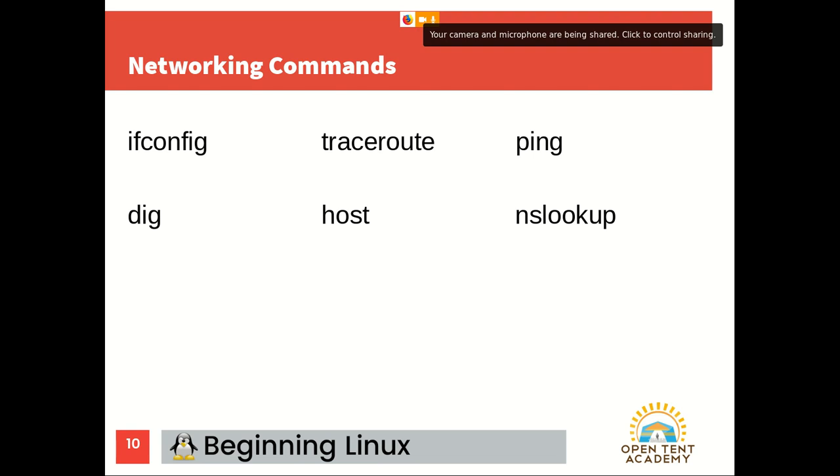Now, a router takes the information, holds the request information, and then when it receives the response information, it redirects it back internally to the computer with the IP address that was making the request.